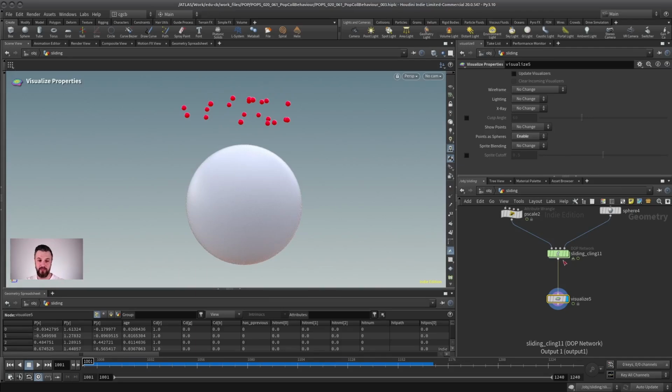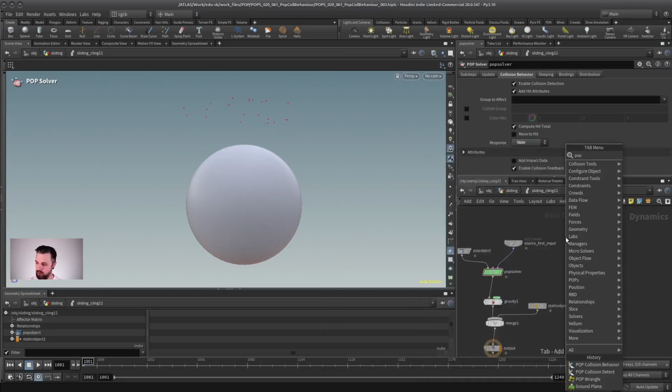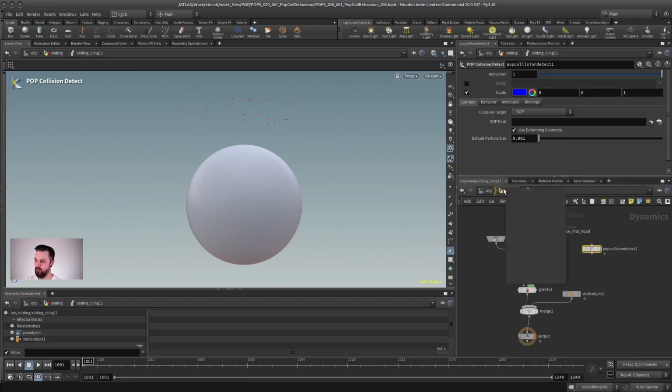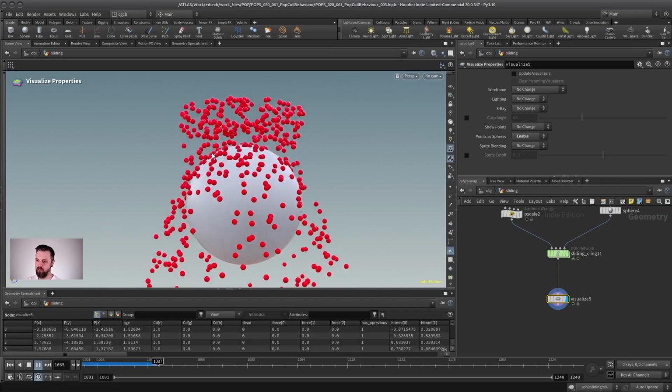So again, imagine them as drops or something. And it's easy to do. We just go into the response of the collision behavior and set it to a slide. Again, we could also use a pop collision detect to control this on a per object basis. And when we now look at the behavior, we can see that nothing bounces off anymore, but they actually slide